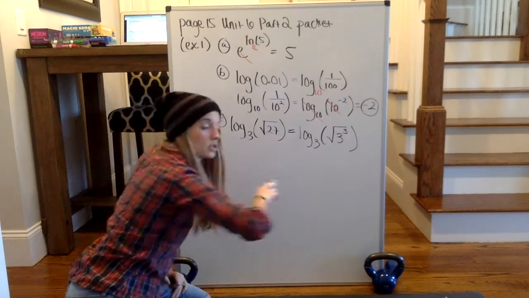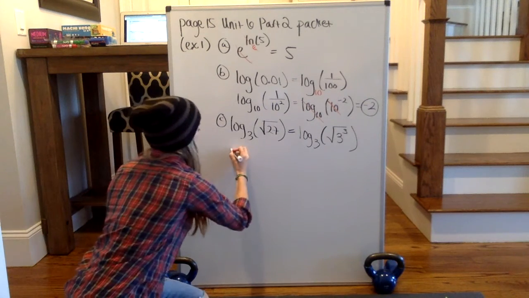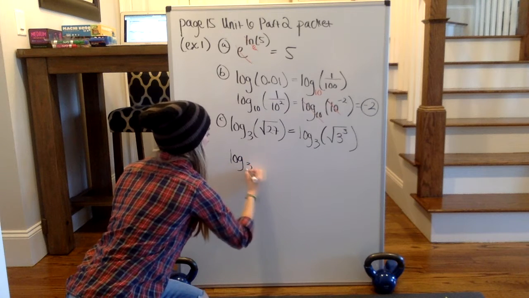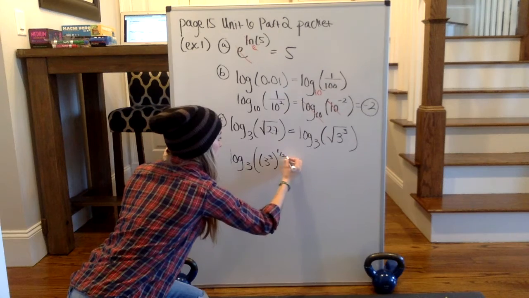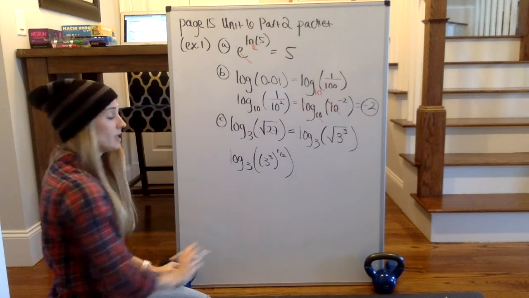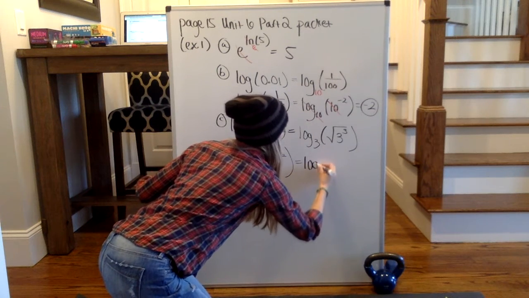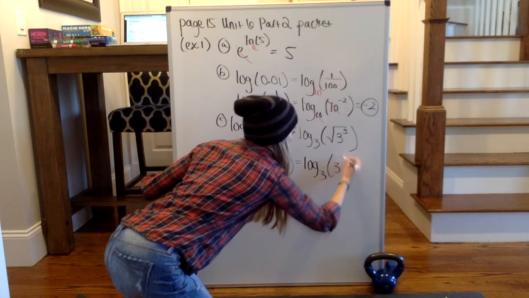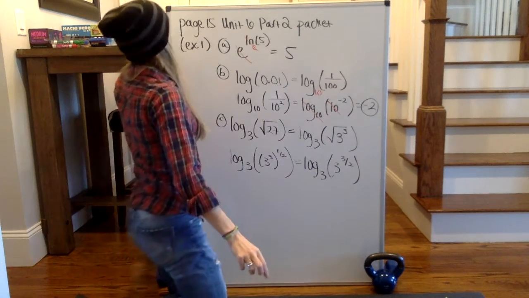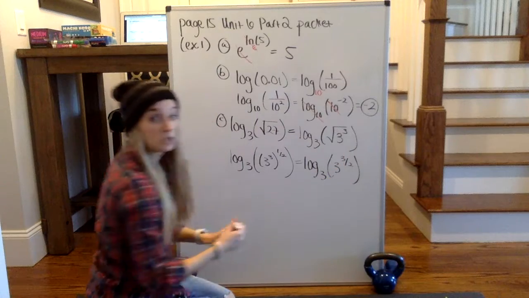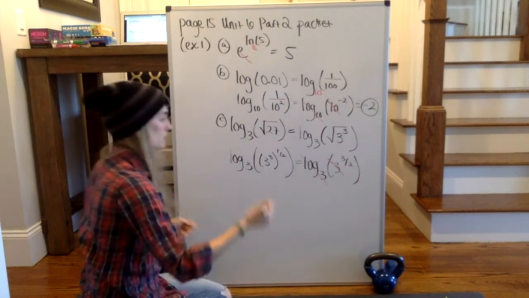And now, knowing that a square root is the same thing as raising an expression to the power of 1/2, this becomes log base 3 of 3 cubed to the 1/2 power. Recall that power to a power means multiply, so this is log base 3 of 3 to the 3/2, and right there we see log base 3, 3 to a power. Those are inverses, they cancel. I'm simply left with the exponent of